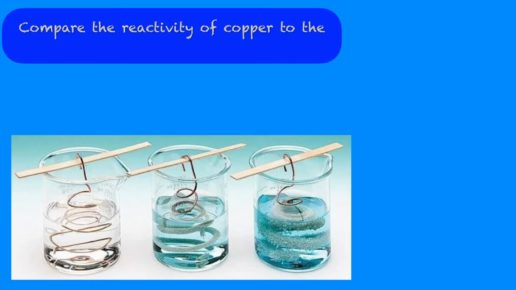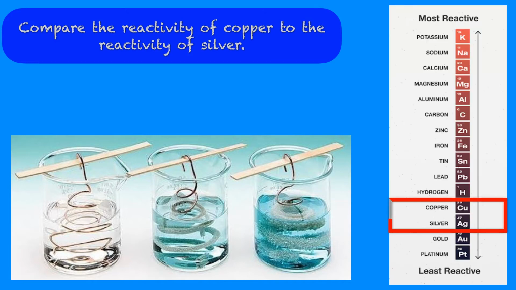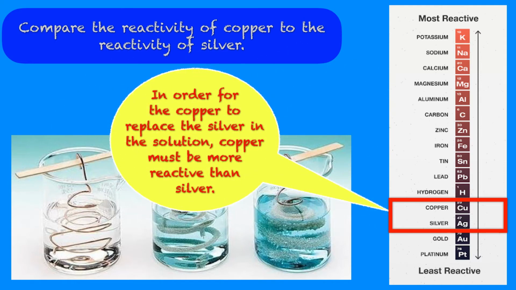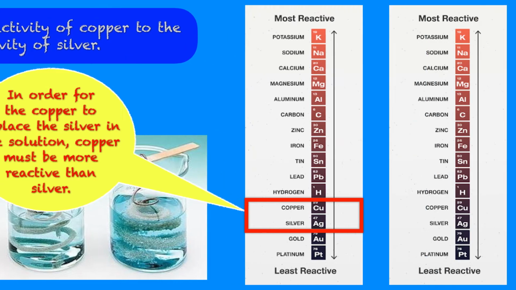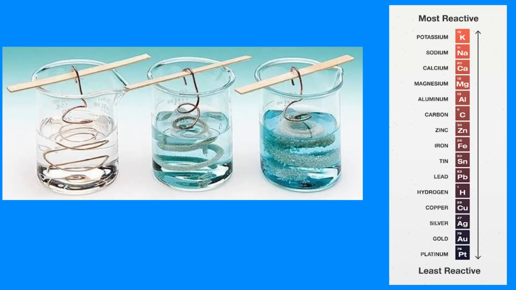Good. Now, let's compare the reactivity of copper to the reactivity of silver. In order for the copper to replace the silver in the solution, copper must be more reactive than silver. Excellent. To sum up, in order for a chemical reaction to take place between the solid copper and the solution